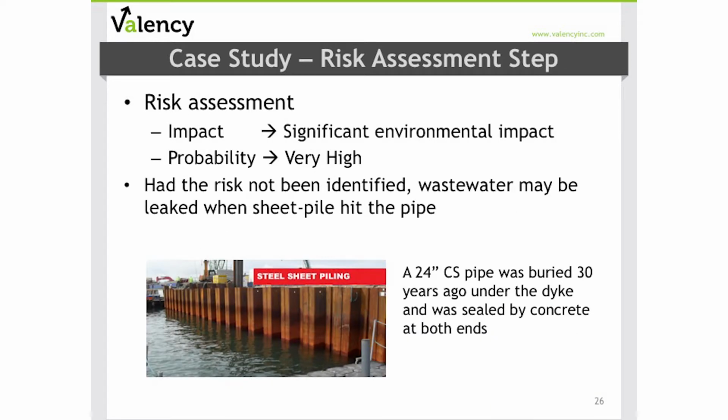An operator who had worked in the area for about 40 years attended that risk workshop and confirmed that the dike had actually been modified twice and there were revision drawings made. A 24-inch culvert pipe was added, but later abandoned and sealed using concrete at both ends when the effluent route was changed. It was pretty clear to everyone in the room that they would have eventually hit that culvert pipe, which would have caused untreated wastewater to leak into the marshland.